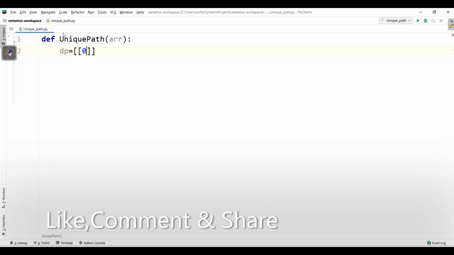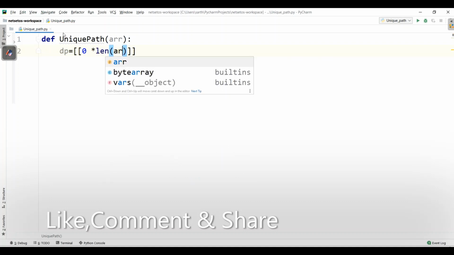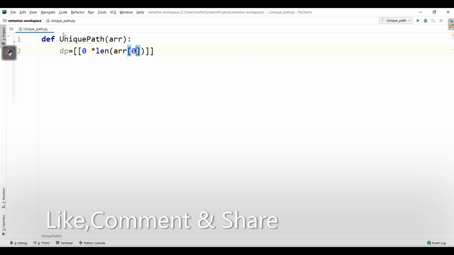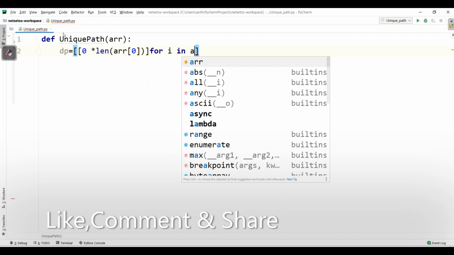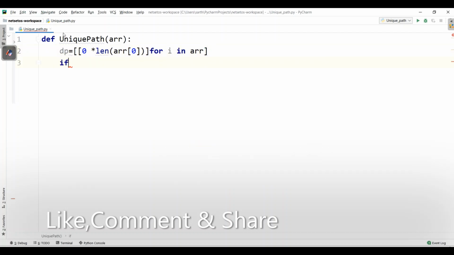So here I will go for 0 into len of array 0, and here I'll give for i in array. First of all, I'll fill the first element of the matrix. Array of 0 is 0. There itself you will have a 1 element.